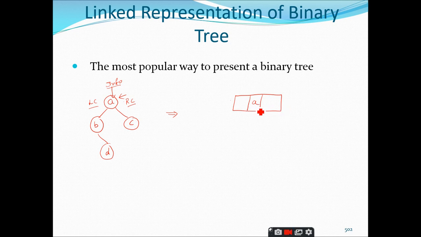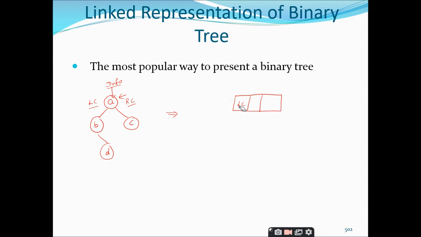And remember that it is not mandatory that you always store the information part in the second location only. I can make use of the first part as the information, and this represents the left child and this represents the right child. Nothing wrong in it. And similarly, somebody will come and say, sir, I am not satisfied with this, I want to represent it like this. The left part is the left child, this is the information part, and the right part is the right child. Accepted. Nothing wrong in it.